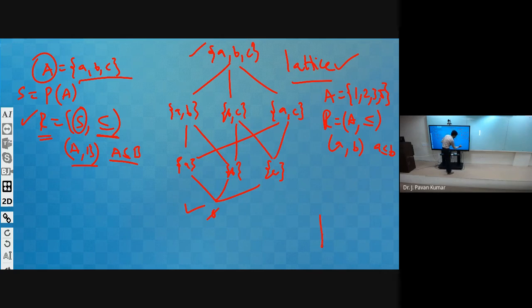1 is related to 2, and 2 is related to 3. Next, 3 is related to 5. Like this we will get the Hasse diagram. So whenever you have this kind of thing, blindly you can say it is a lattice. Why? Because every element is related to all other elements, so automatically we will get the greatest lower bound and least upper bound for every pair of vertices. Then we can claim it as a lattice. Clear? Yes, sir. So this is another example.